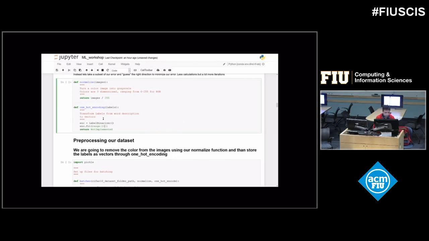We have 10 objects that we're trying to predict. So we're going to take each label, which is a string value, and make it into a vector.